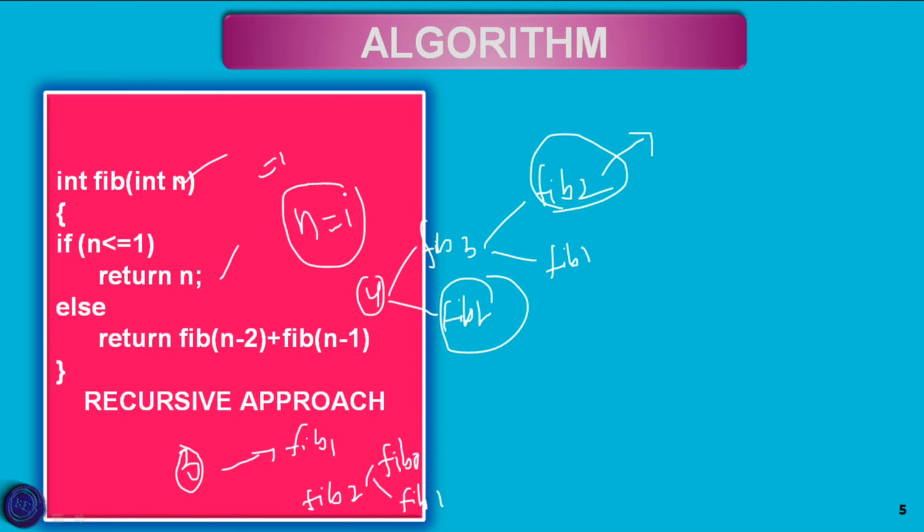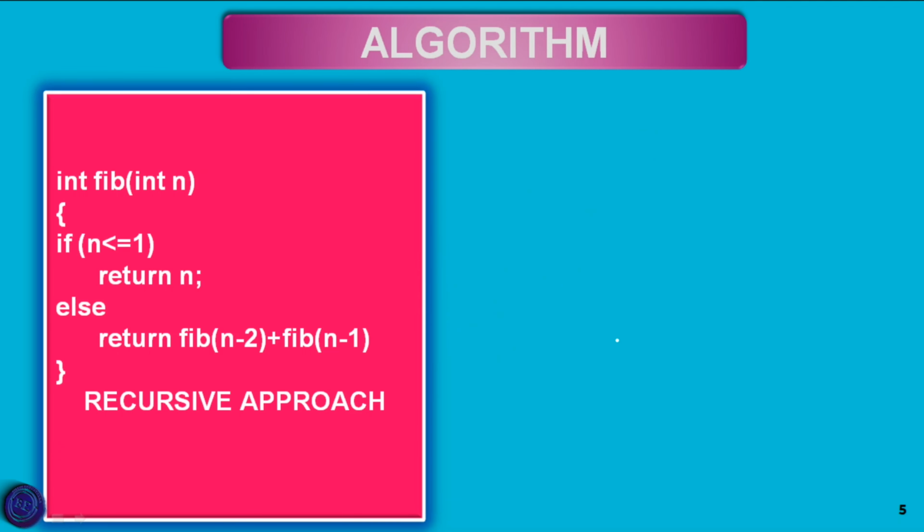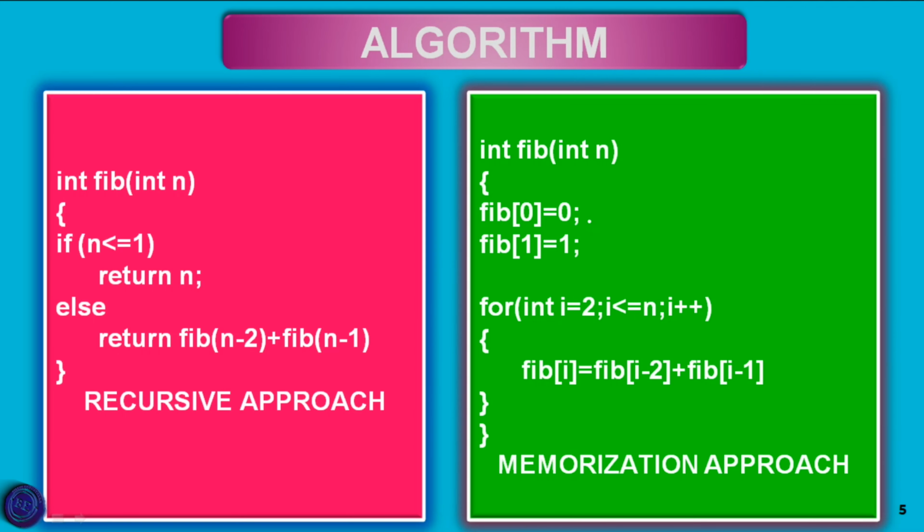So in order to solve this problem of the recursive approach, we are following the dynamic programming algorithm. Here in this memorization approach, we are going to give some particular values to the particular numbers. So Fibonacci of 0 is actually 0 and Fibonacci of 1 is 1. So for finding any value, that means Fibonacci of 3, Fibonacci of 2 has to be calculated and Fibonacci of 1 has to be calculated. But we have the value of Fibonacci of 1, that is 1.